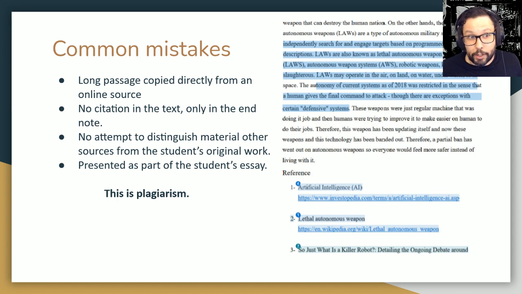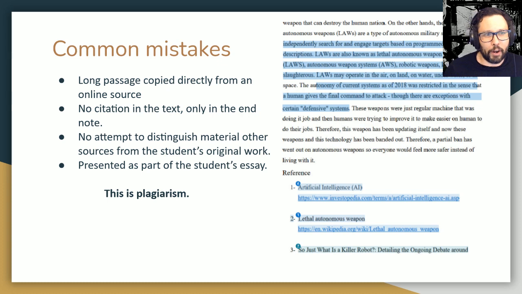Again, this kind of plagiarism could be avoided by explicitly quoting this text, putting it in quotes and saying, according to the website Investopedia. But the student here clearly is not just trying to cite the facts. The student is also clearly trying to buffer the word count in their essay. So again, I should make it absolutely clear that quoted material does not count towards your word count. You have to write 350 original words. So if you use a 150 word quote, then you have to write 350 words on top of that.